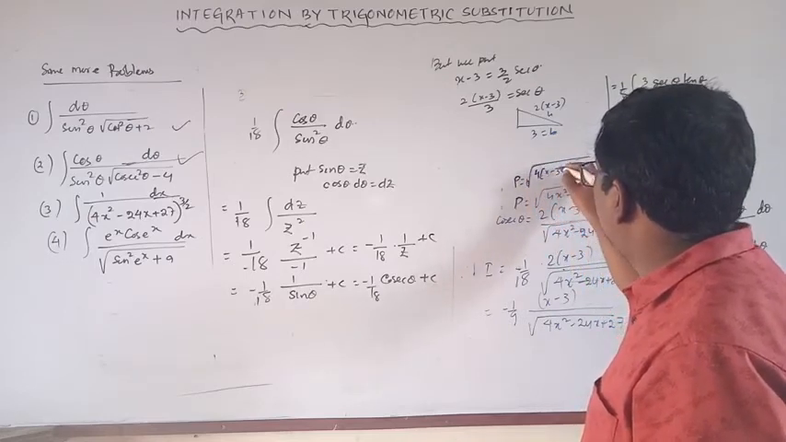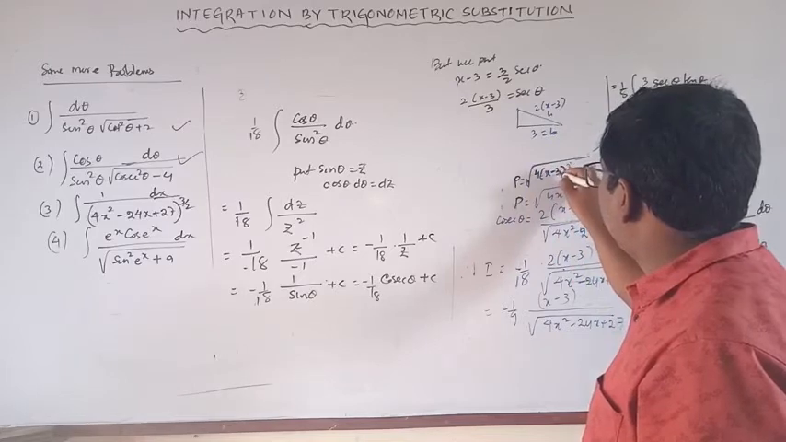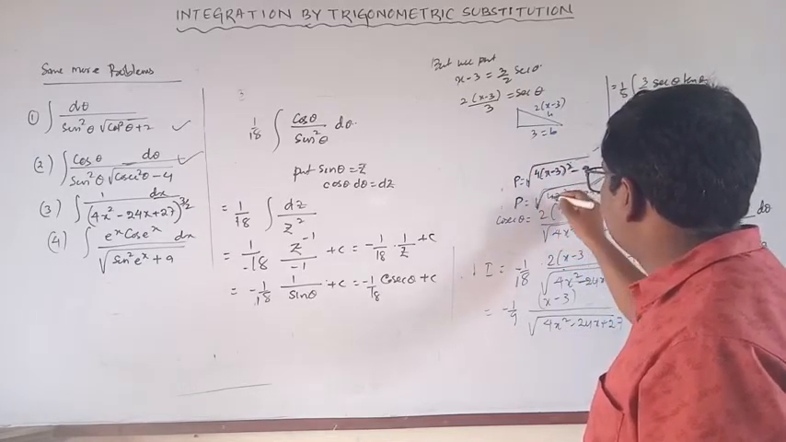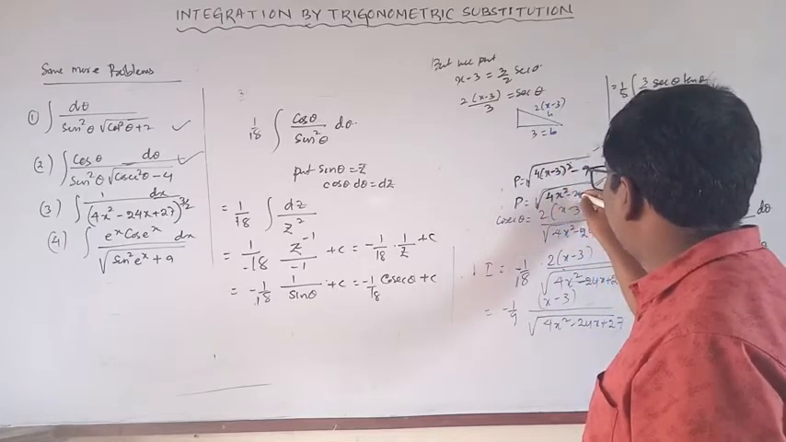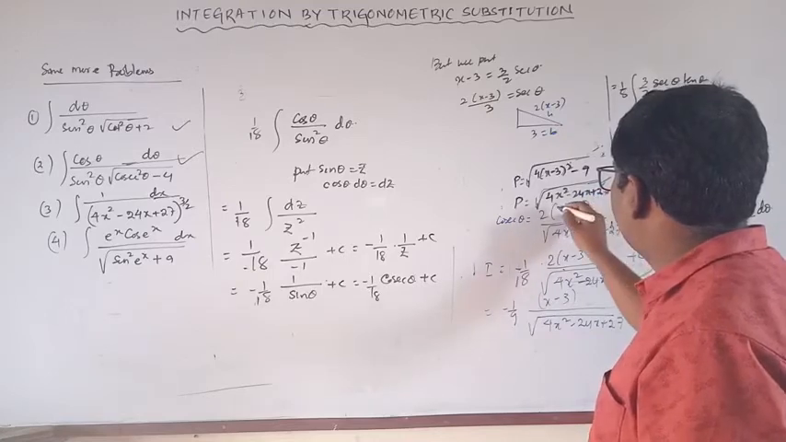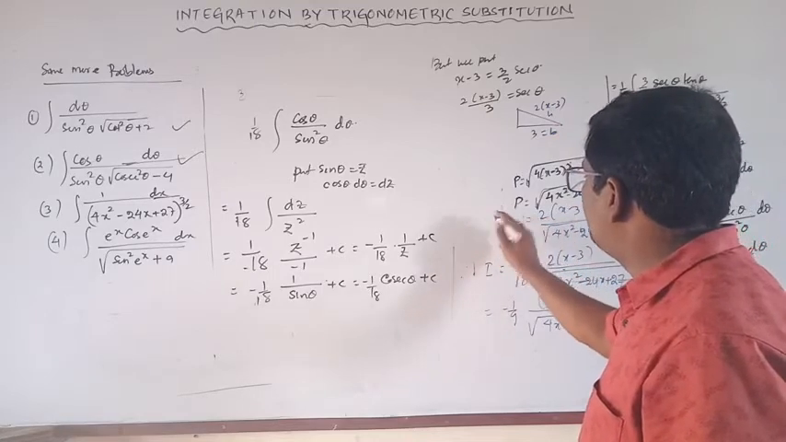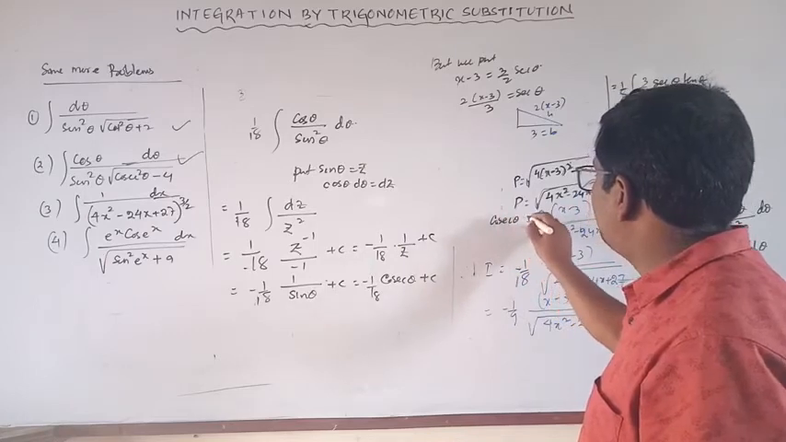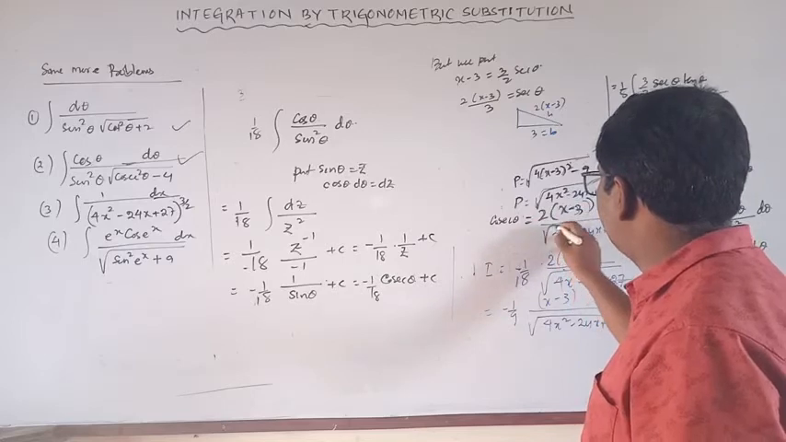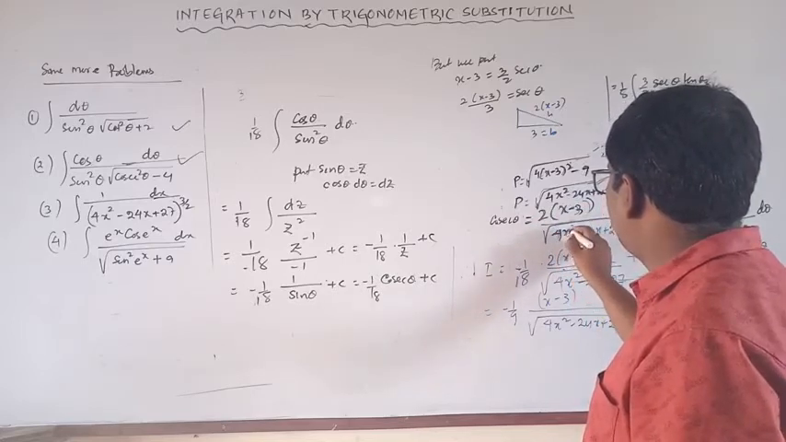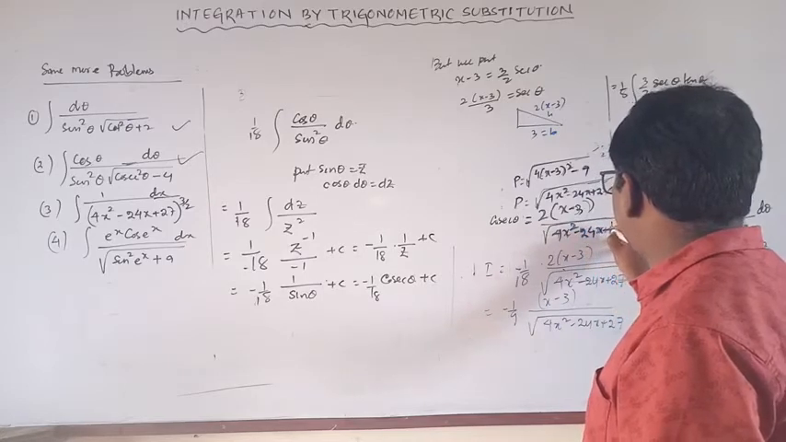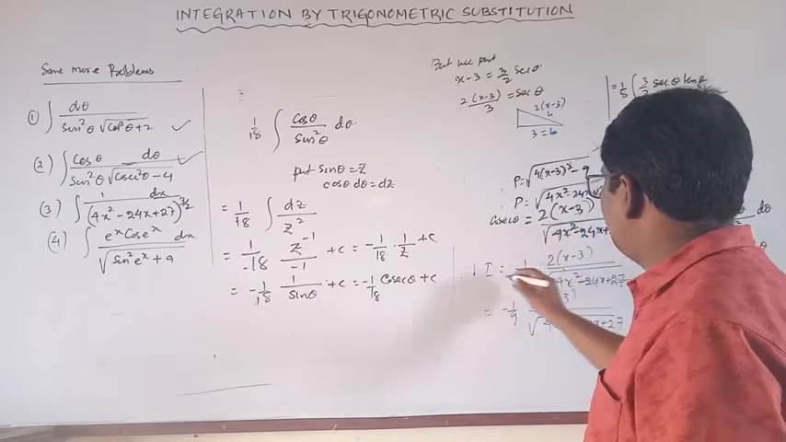4 into x minus 3 whole square minus 9. This is what? If we simplify 4x square minus 24x plus 27, and this is cosec theta, cosec theta is equal to 2 into x minus 3 divided by root over 4x square minus 24x plus 27,